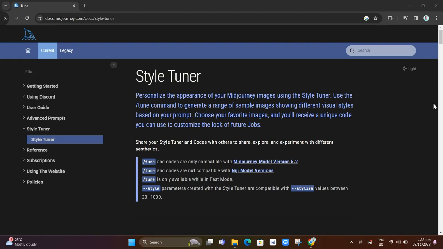In this video, we're going to show you how to use Style Tuner inside your Midjourney. So basically, the Midjourney Style Tuner allows you to personalize the appearance of your images. It lets you customize and optimize Midjourney's model to consistently generate images with colors, textures, character details, and more to